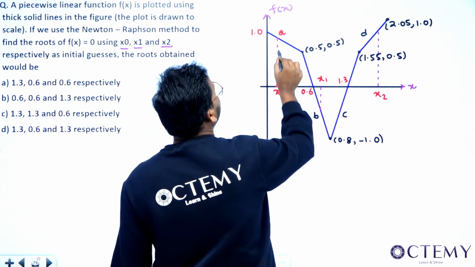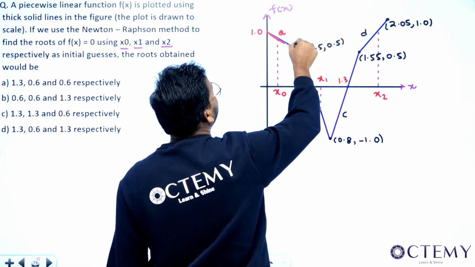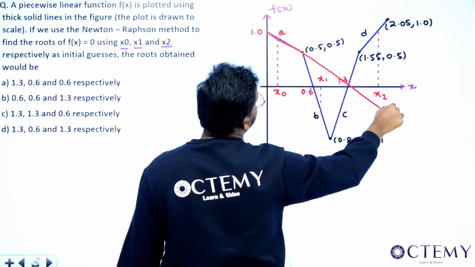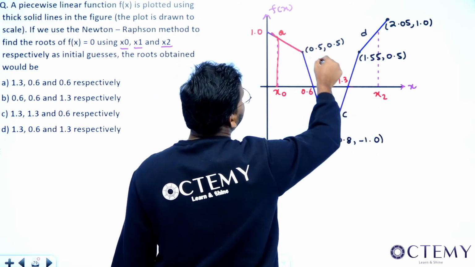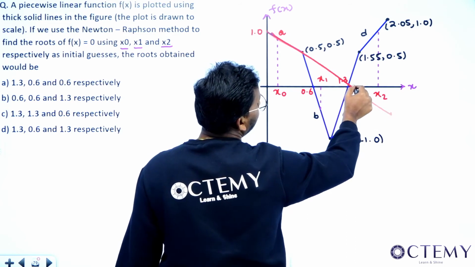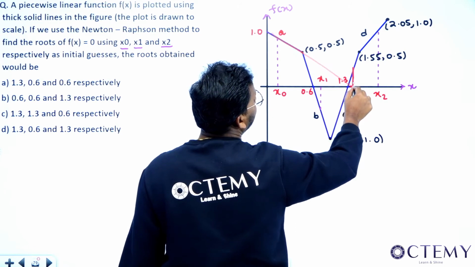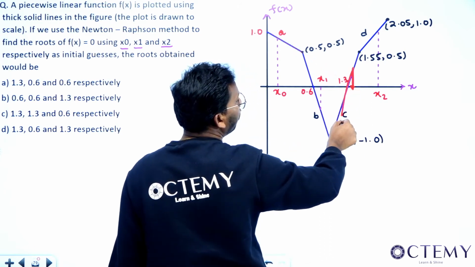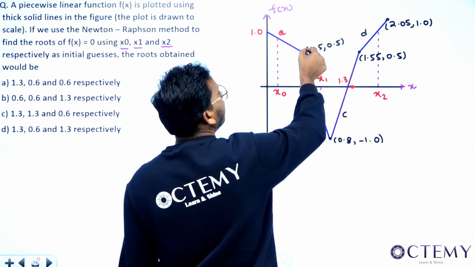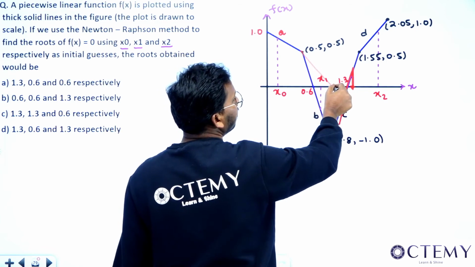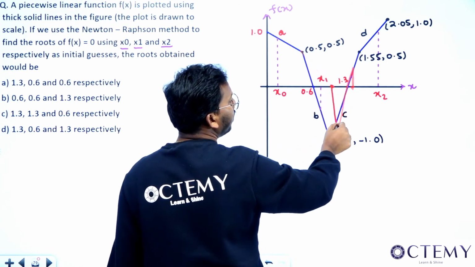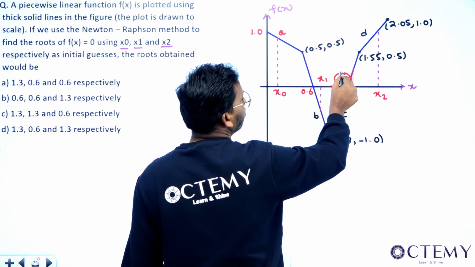We extrapolate on this and we will extend this line like this. And we will see where this line is touching the x-axis. Say the line is touching here. Then we will extrapolate again on the graph and we will see what the root will be. Or say if the line is touching somewhere here, we'll extrapolate and draw that, then we'll say 1.3 is the root.